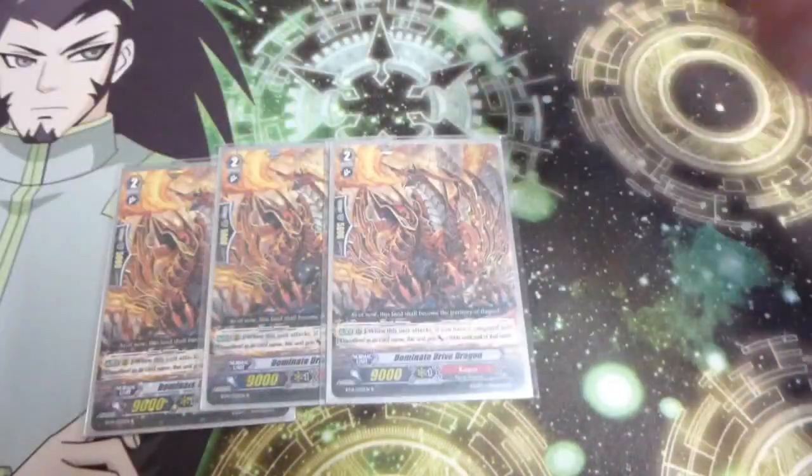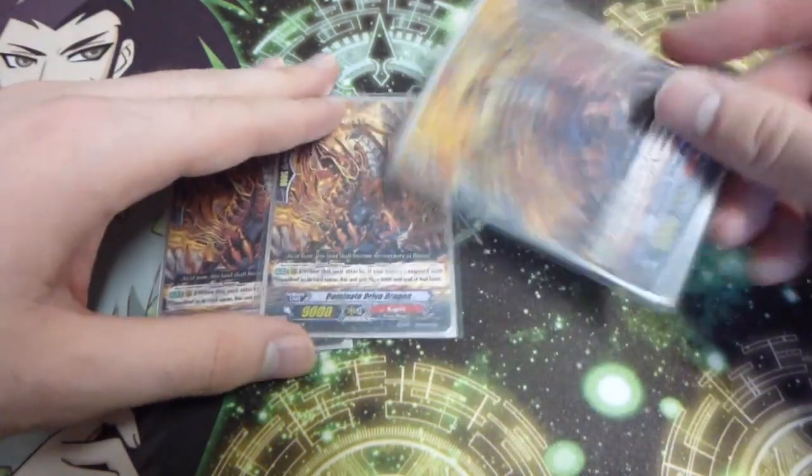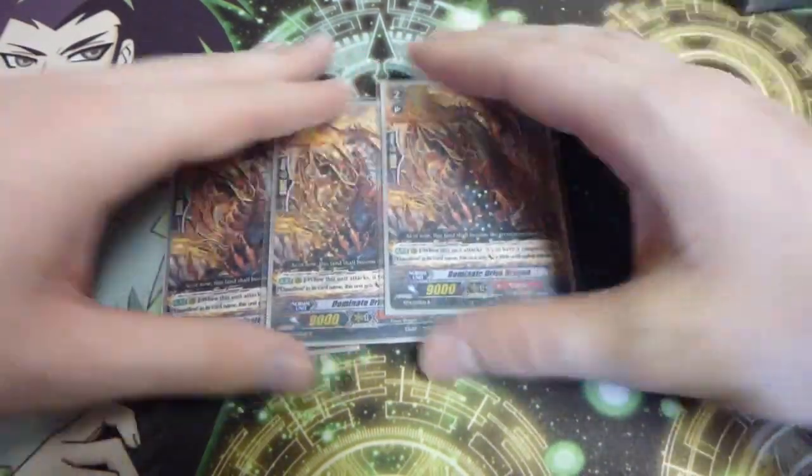Next up we have 3 Dominant Drive Dragons. This is the Dauntless 12k attacker. We are running an increased number of Dauntless units in this deck, i.e. Dauntless himself, Dauntless Reverse. We are running 6 of them in total. And this card is great for turn 3 rushes for you, because you can hit 12 when boosted, and say if you're going first, you ride